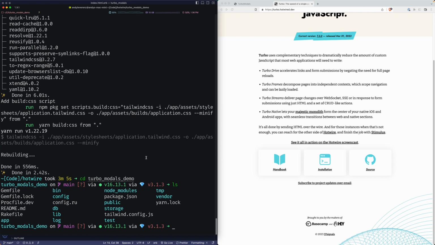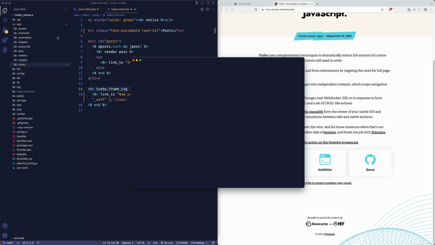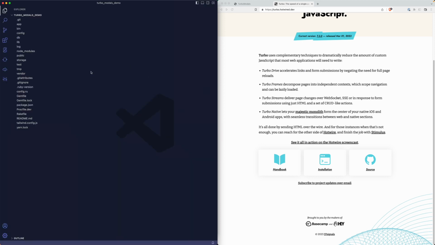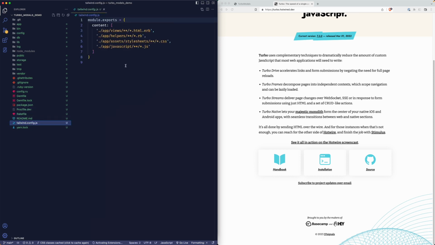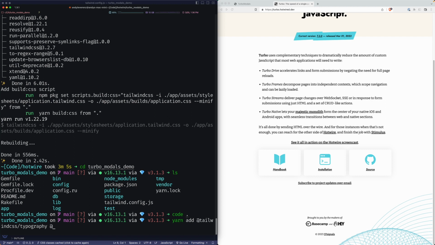So I got this installed finally. We have a Rails app, it's not running, but I have it. And what I want to first do is open up the code. I'll open it instead of our old project. And inside, we want to add a few dependencies that we'll be using for Tailwind specifically. I want to add the forms plugin and also the typography one, just to give us some quick and easy wins with form styling. So I'll do a yarn add and then @tailwindcss